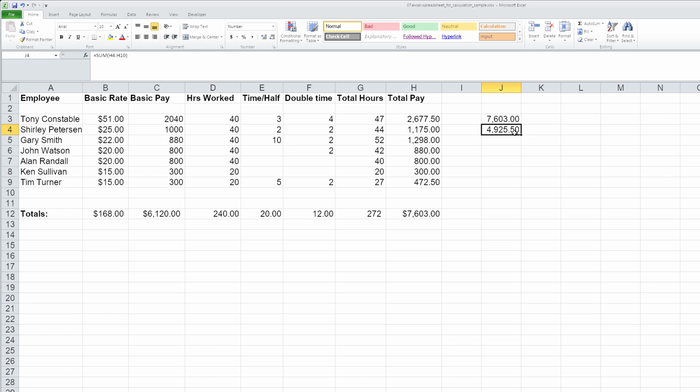So if we wanted to keep those the same, we would put a $ in front of the thing. So instead of sum of H3 to H9, $H$3 to $H$9. And now the $ sign means anchor it. And when I copy it, it doesn't change, it stays the same. So in this case, that doesn't make much sense, but it does make more sense when you have an absolute